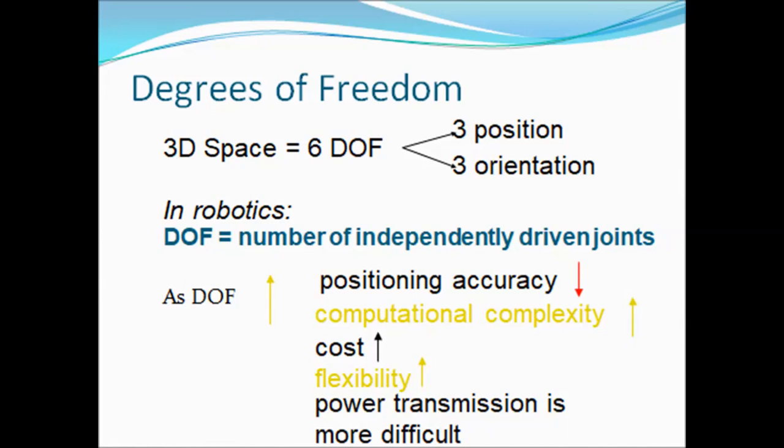But if you consider a chain having a number of links, you will find its flexibility is very large, because it can bend and move in any direction in space, like a snake. A snake has a large degree of freedom, because its mobility is quite smooth. You can just count the degrees of freedom. You cannot move your hand like this, but a snake can move. So the flexibility will increase when you increase the degree of freedom.